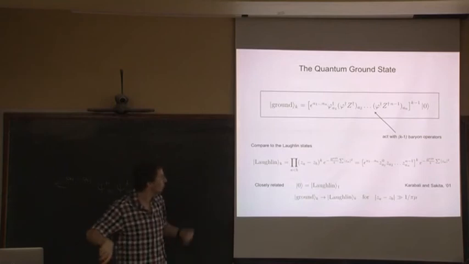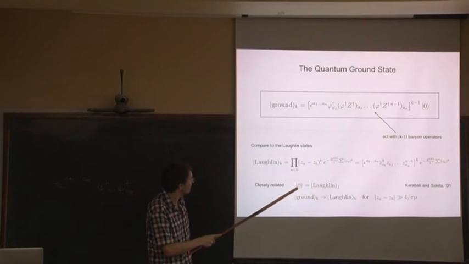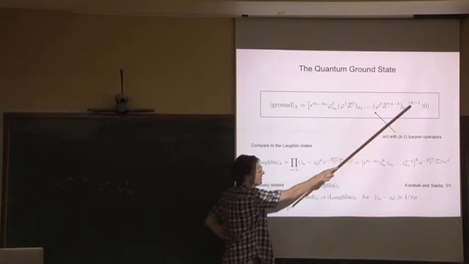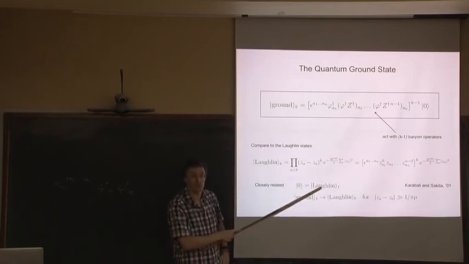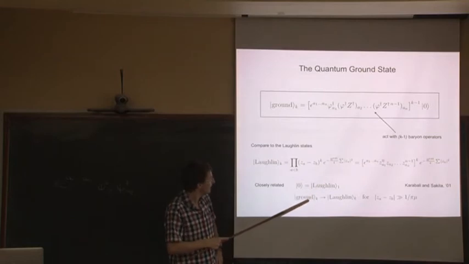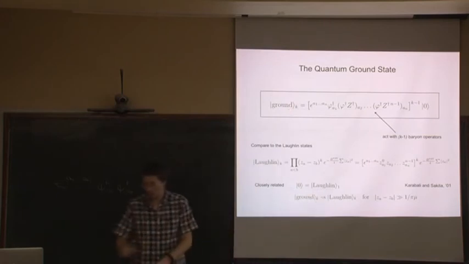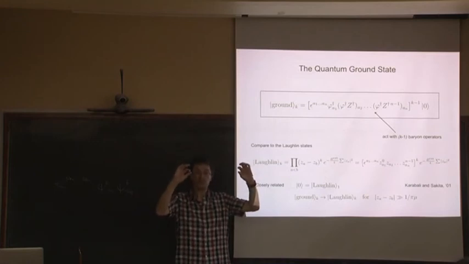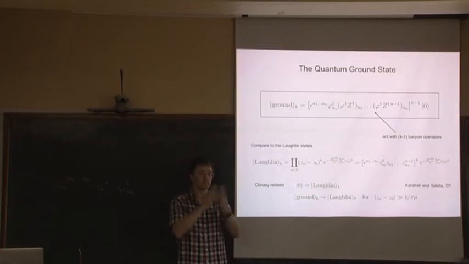And what they show is that it's almost a Laughlin wave function, but not quite. So specifically, they show that in the case of k equals 1, which corresponds to a fully filled Landau level, what you get is exactly the Laughlin wave function. And in the case of filling fraction 1 over k, what you get is equal to the Laughlin wave function when these particles are far separated, but differs from the Laughlin wave function as the particles come close together. Sorry, just to understand.